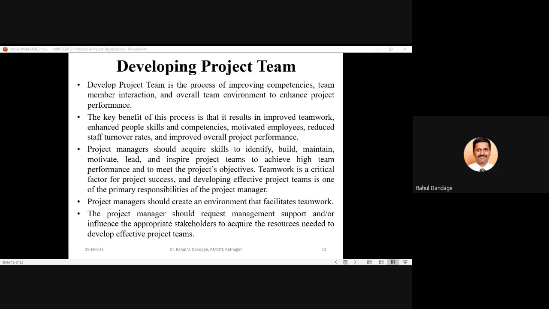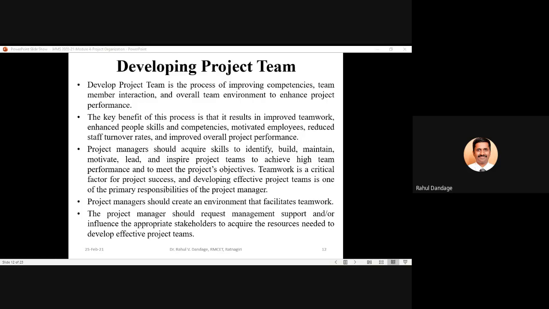So the project manager should have some skills within him. If he is not having the skills within him, he should try to acquire the skills by undergoing certain trainings, undergoing some experiences, undergoing some workshops. He should acquire certain skills, and these skills are essential for identifying the talents, identifying the people, identifying the team